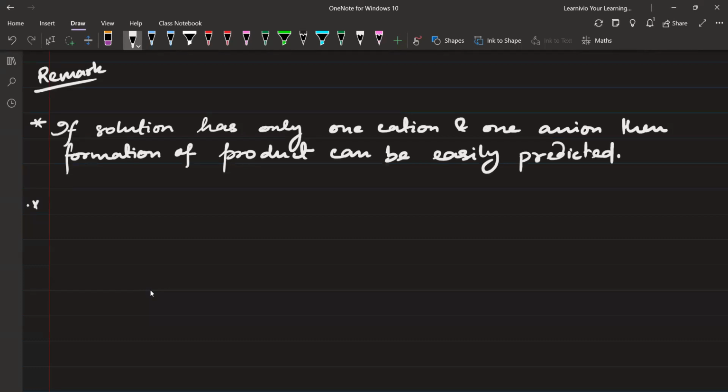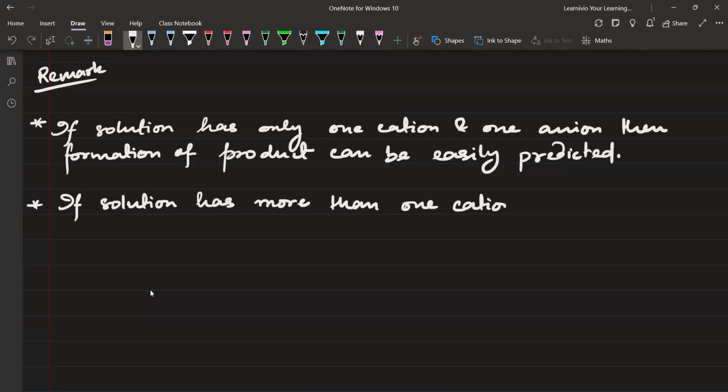But if solution has more than one cation or anion,